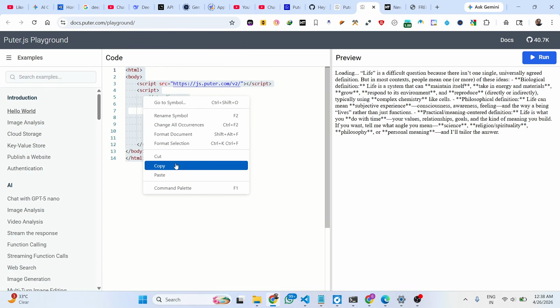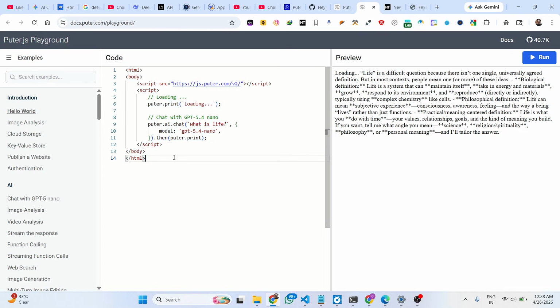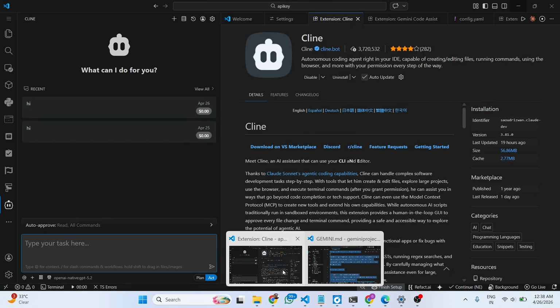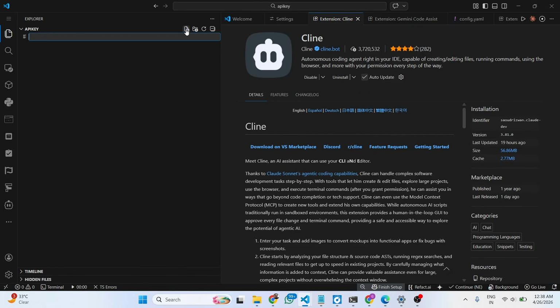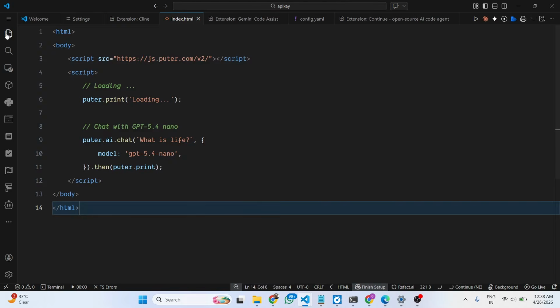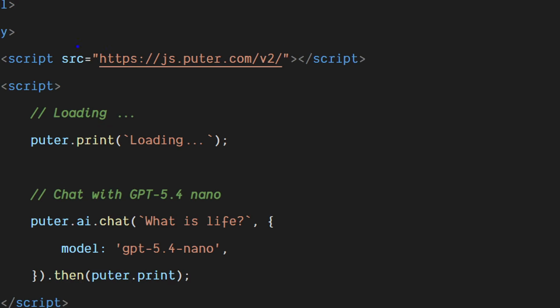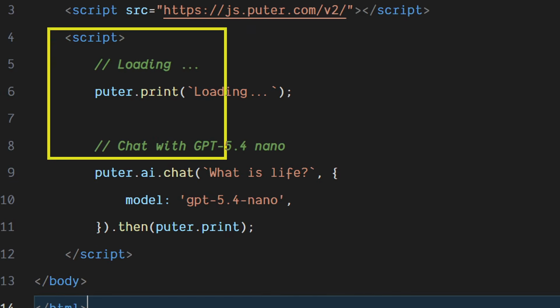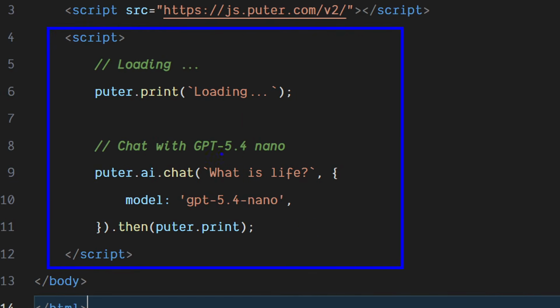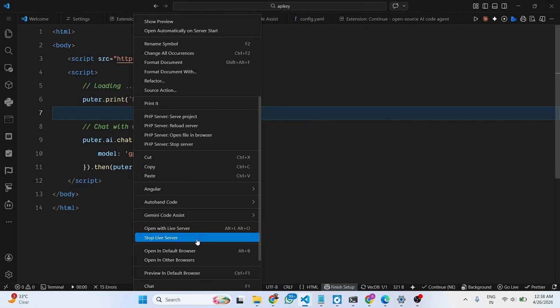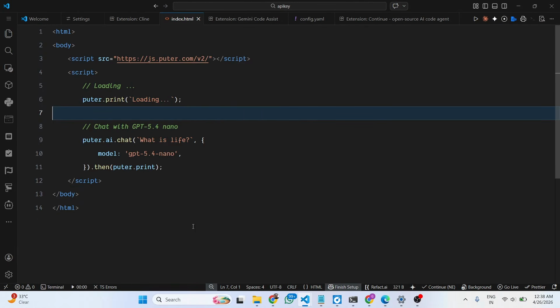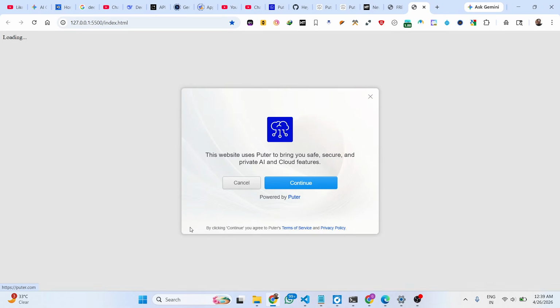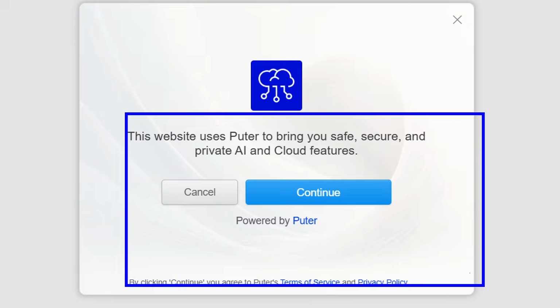You can directly run this. You simply copy this code. You can see we are not using any kind of API key. It's just a simple SDK which you can integrate inside your application. Just go to VS Code, type in index.html, and paste this code. We integrated this Puter SDK at the top here, included it inside the script tag, and then we are simply writing this custom JavaScript code. We open this in live server inside the browser, and you see this website uses Puter. You click on continue,